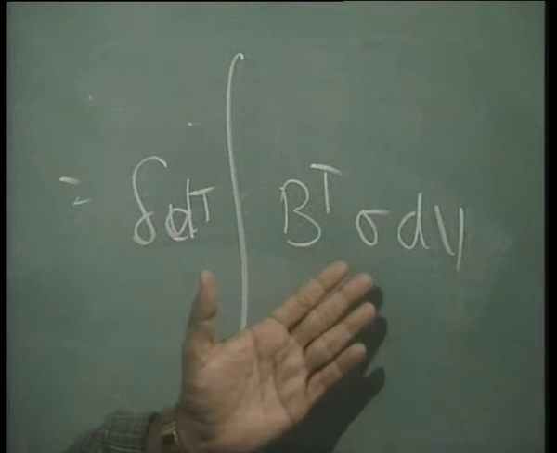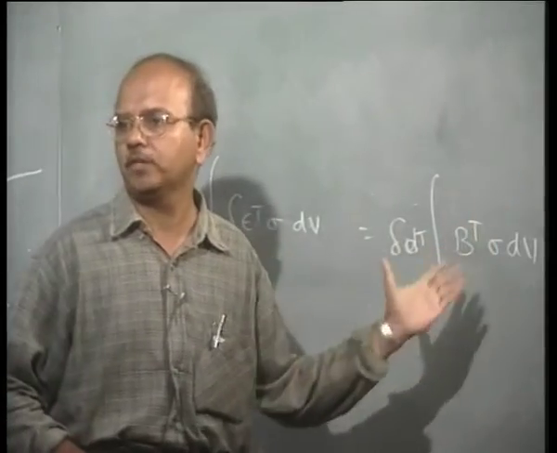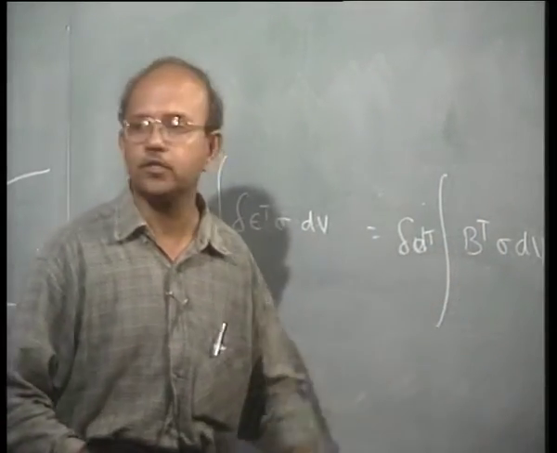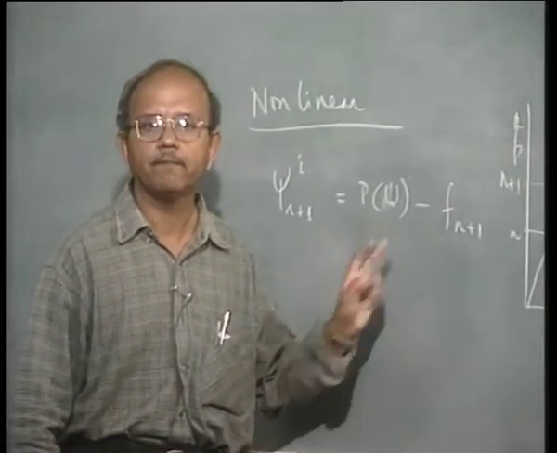Actually, from here only we get our famous stiffness matrix. Sigma is substituted in terms of what? Simple, D into epsilon, and epsilon is B U. That's all we get. So this is the first term. So what is this? This is nothing but this P which I have put here.